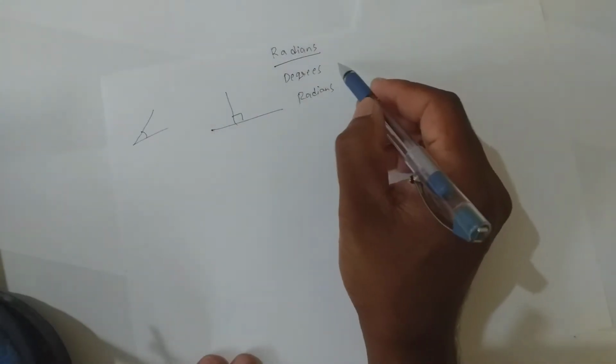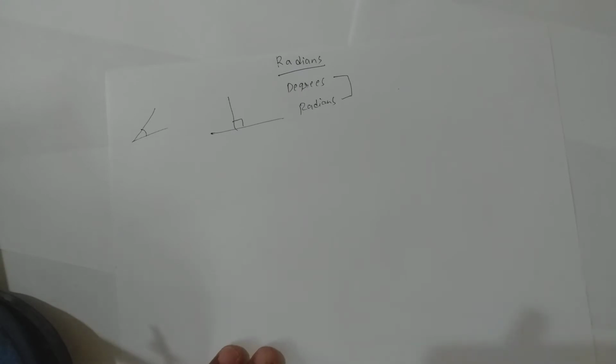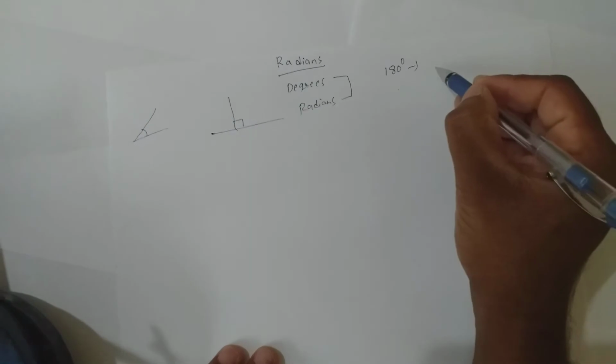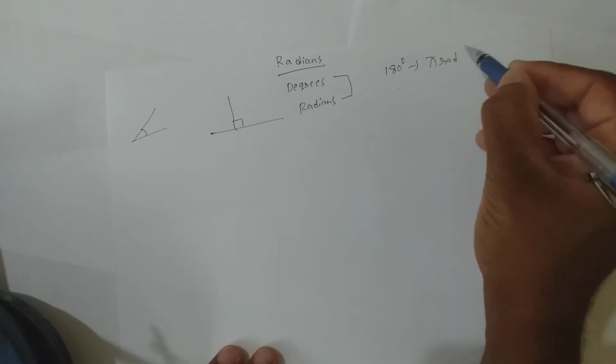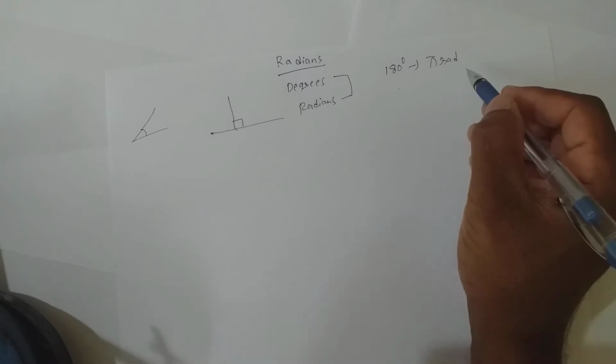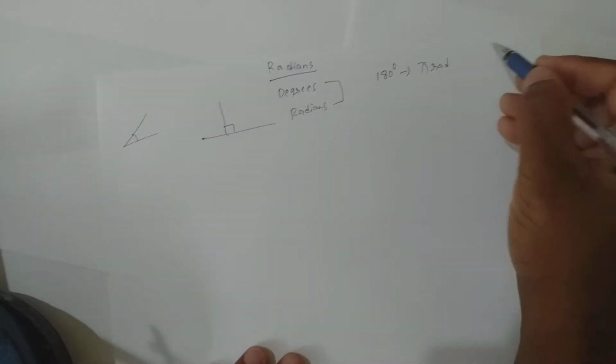Now, you need to know about the conversion between these two. For the conversion, you need to know only one line. 180 degrees is nothing but pi radians. If you know this one line, you can convert from degrees to radians or radians to degrees. For example, if I show,